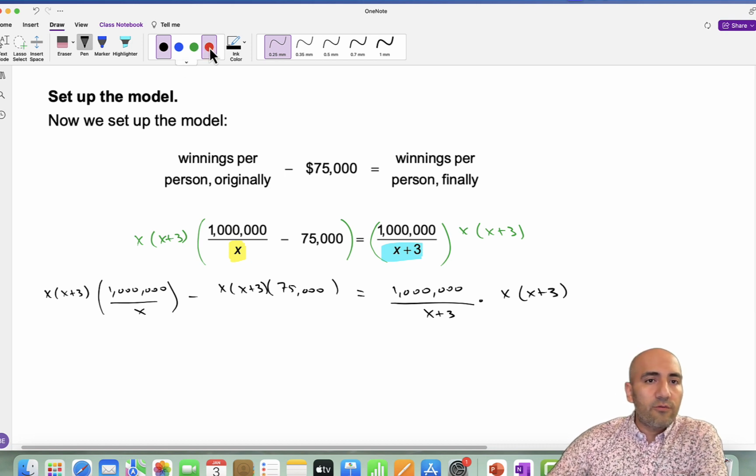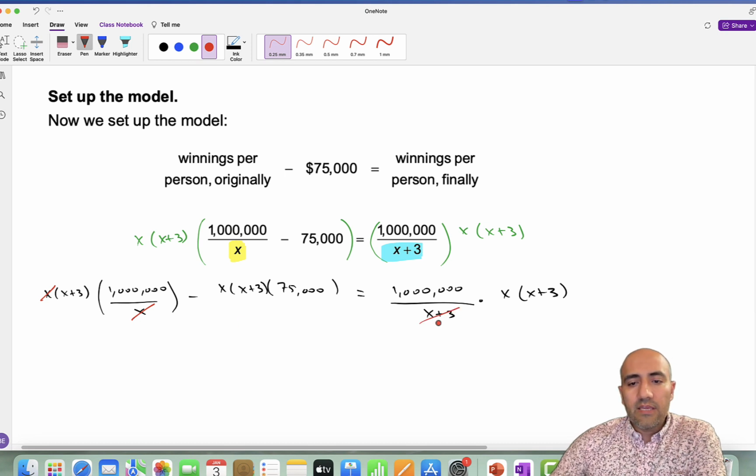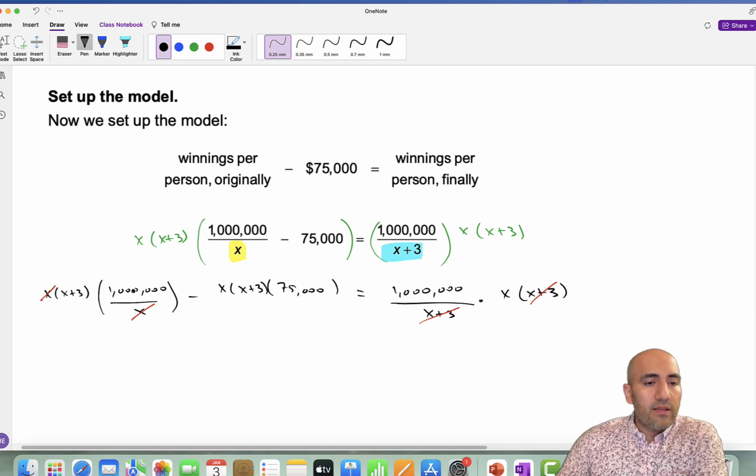Okay, so now a bunch of stuff will cancel. Here, this x will cancel with that x. Here, the x plus 3 cancels with that. And, well, nothing cancels here, but we don't have any fractions now. So we end up with,